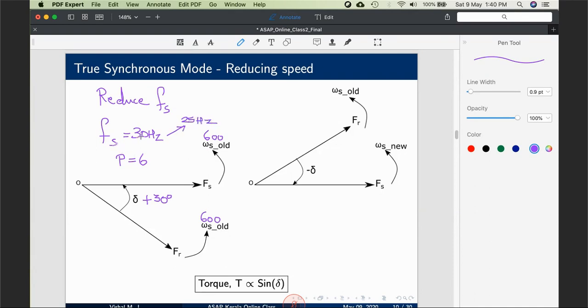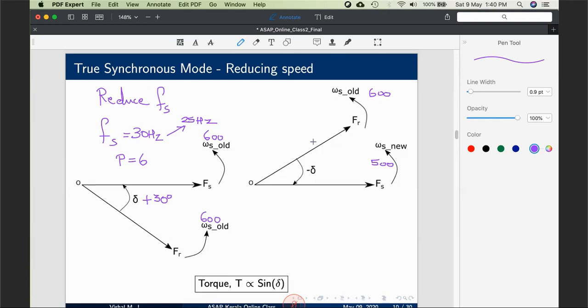What will happen? Your stator frequency has changed from 30 to 25 Hertz. What is the implication? The speed of the stator will now become just 500 RPM. And this happens immediately due to the same reason I explained in the previous slide. It is in the electrical domain, and hence electrical time constant is of the order of a few microseconds. Okay, whereas this one will continue to rotate at 600 RPM. Why? That is in the mechanical domain. It cannot immediately change its speed because the mechanical time constant itself is of the order of a few seconds. So your stator speed is 500, rotor speed is 600, which means the rotor will accelerate,